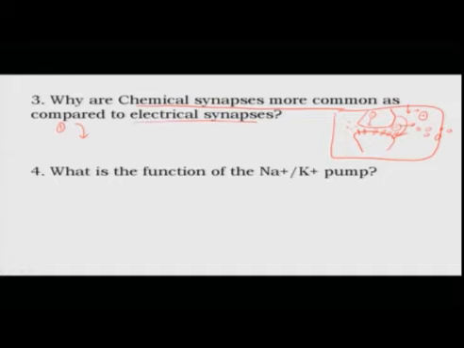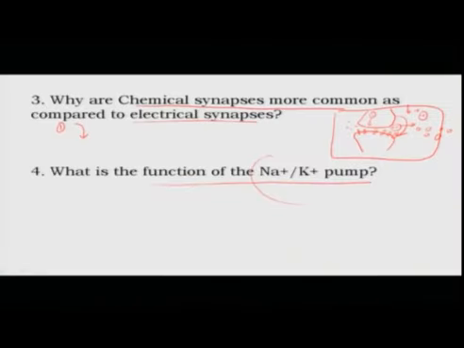The last question is, what is the function of the sodium potassium pump? Now, if you remember, after the production of an electrical impulse, the membrane distribution of charges gets changed. So, the potassium ion has moved out, the sodium ion has come in. Now, to restore it back to the default state, you need something, and that function is performed by the sodium potassium pump. Of course, it needs energy because it is going to do the ion transfer against the concentration gradient. So, 3 sodiums will move out, 2 potassiums will come in, and therefore, this pump restores the potential to the resting value, so that the next stimulus is able to